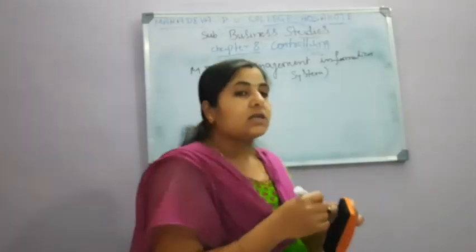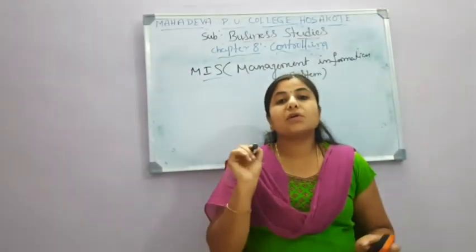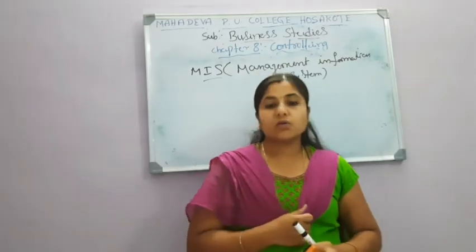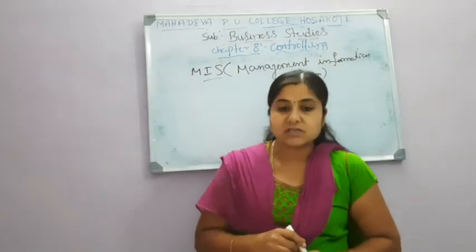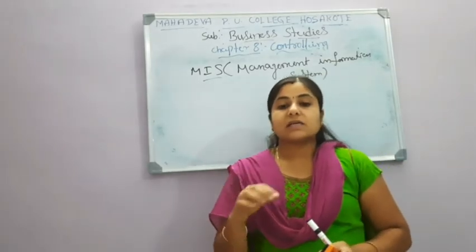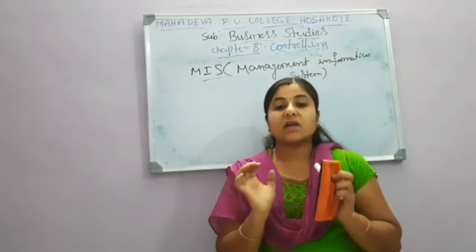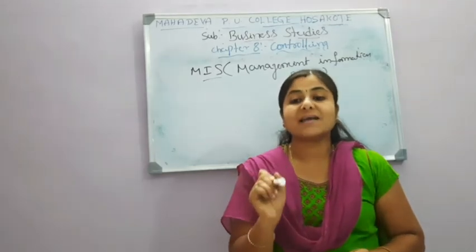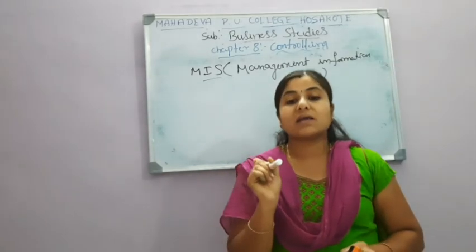Actually this is one of the computer based techniques we are going to use. MIS, management information system, is a computer based system that provides information for effective managerial decision making to the